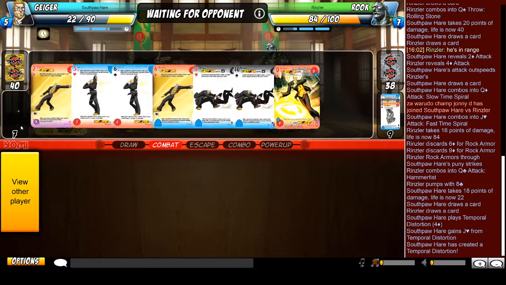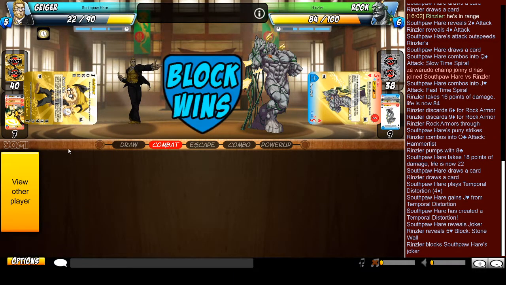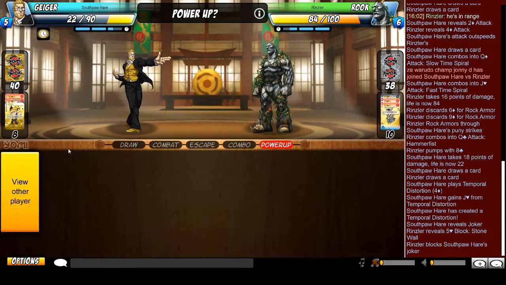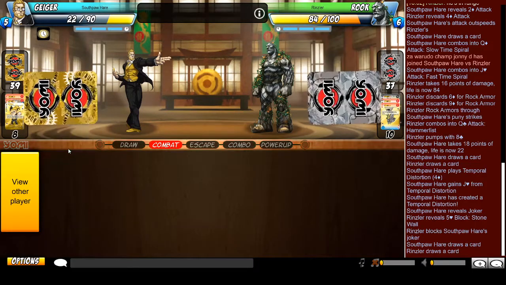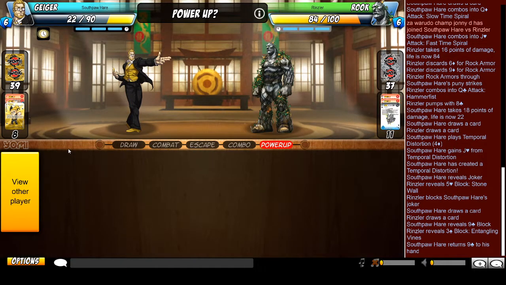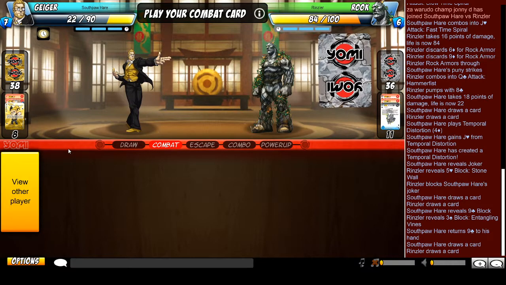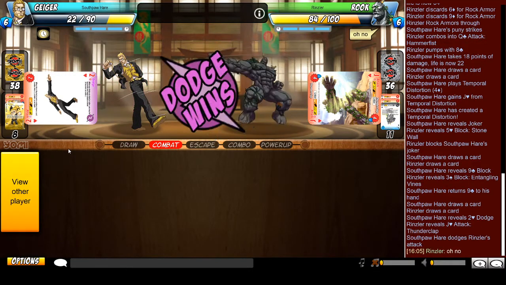SouthpawHare puts out Temporal Distortion to grab J, but doesn't have much to go off of. Blocks the Joker, very nice. Sadly, Stonewall can reflect the Joker. A proposed buff would be for Stonewall, when it reflects a gold burst, Rook would draw 2 Jokers instead. But sadly, that's not to be. The classic Geiger Temporal Distortion into block. You can see that happen surprisingly often to ward off